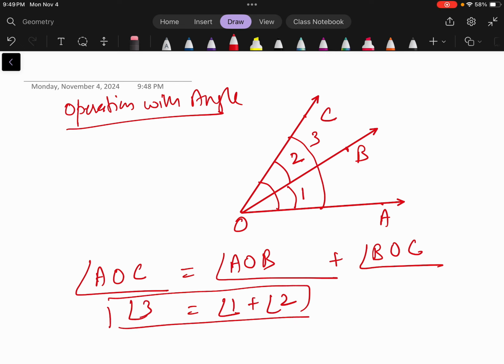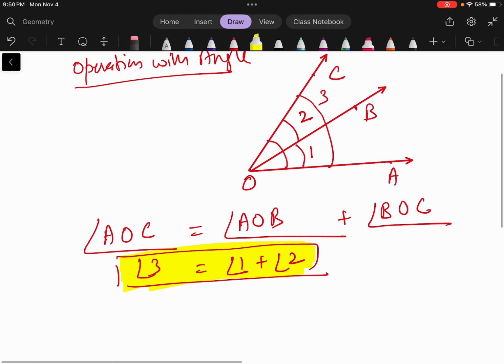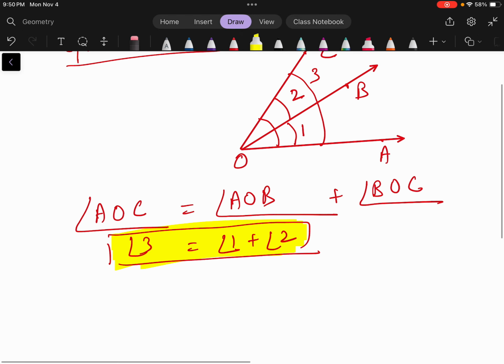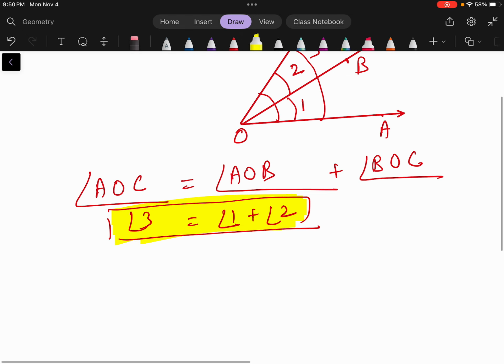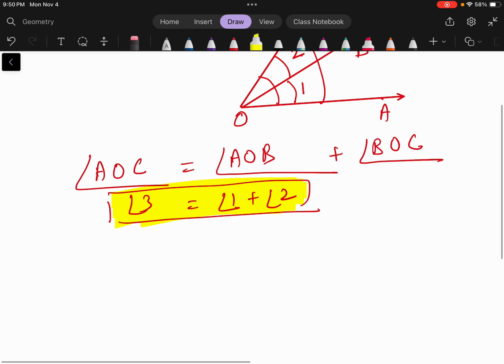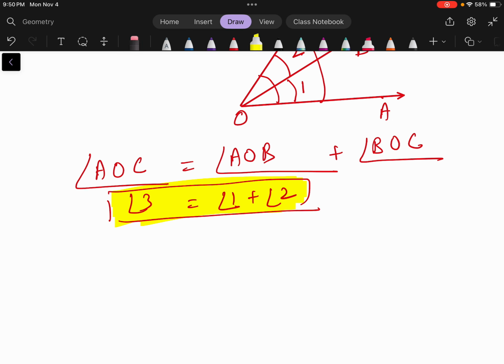With the help of this, we can perform operations on it. The first operation is that we can add the two arms to get the third arm. Now we have the bisector of angles. Bisector angle means...